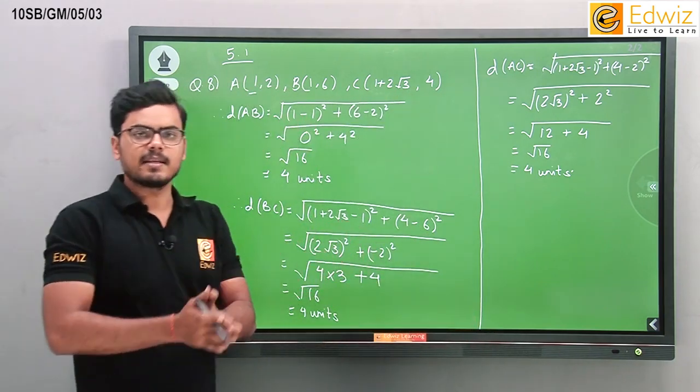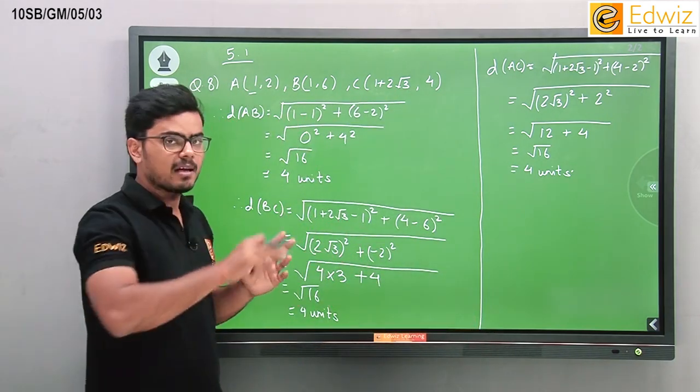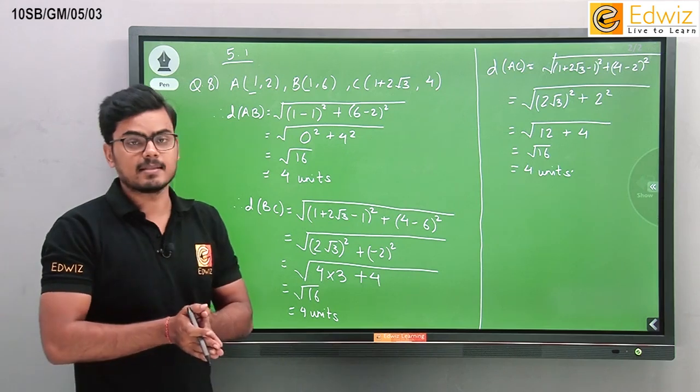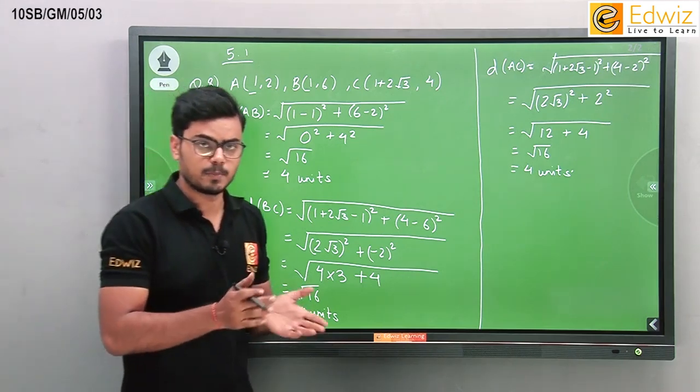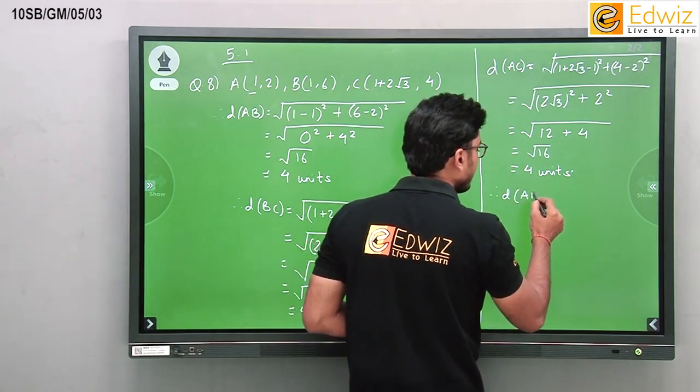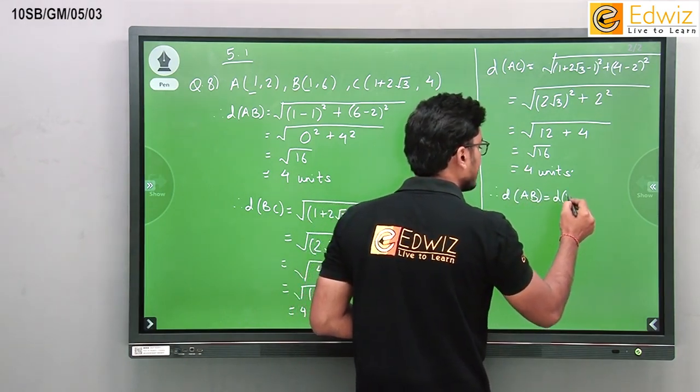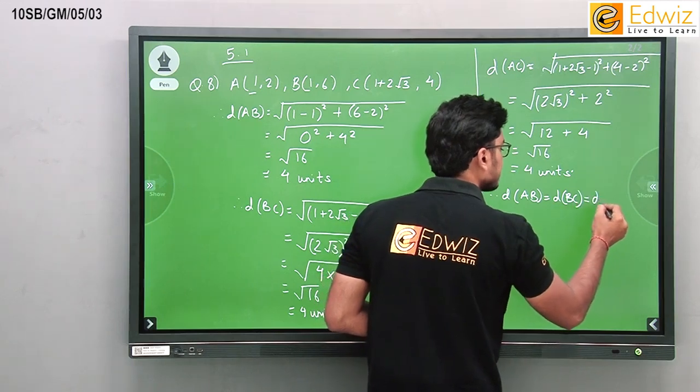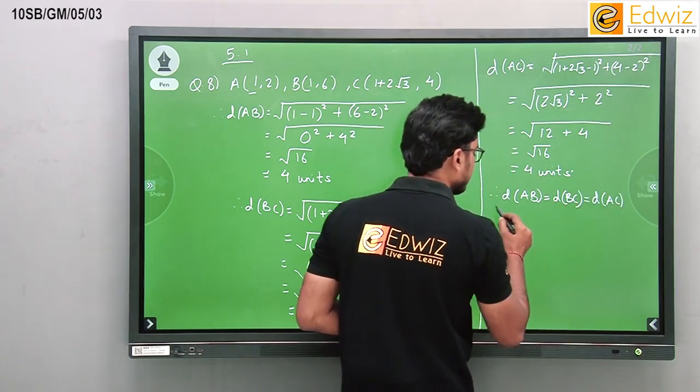Okay, now we have all the three distances equal. That means the triangle formed by these three vertices is an equilateral triangle. So it is proved. So finally we will write, therefore, distance AB is equal to distance BC is equal to distance AC. Hence,